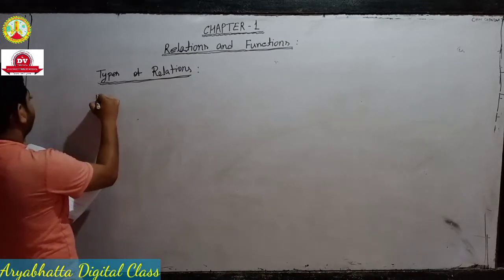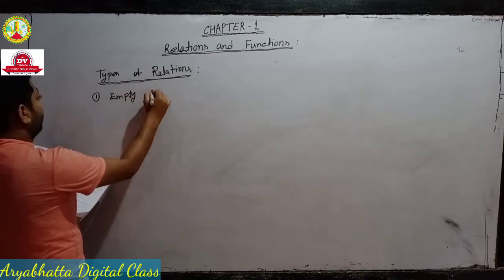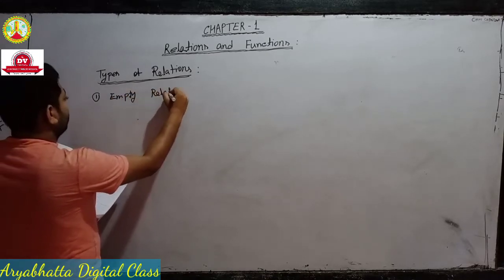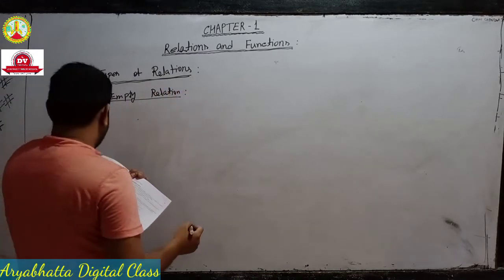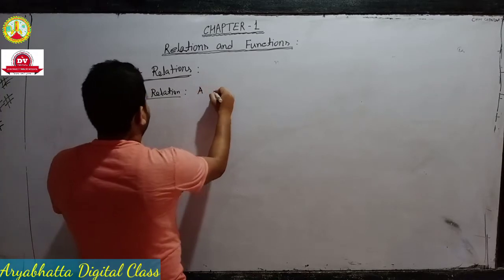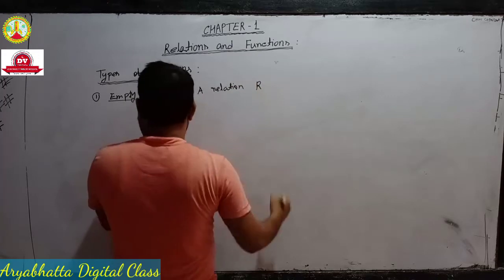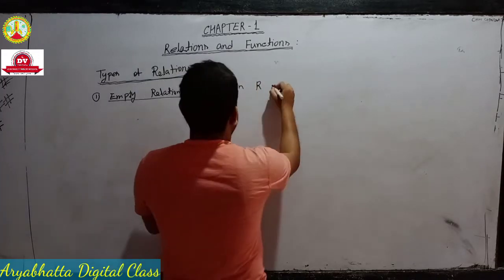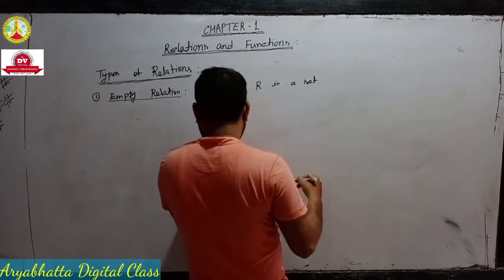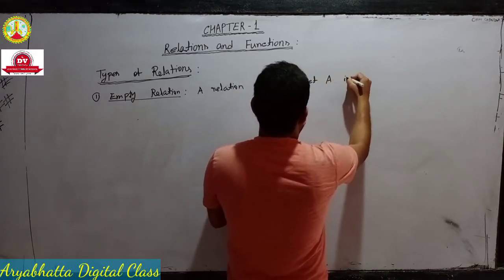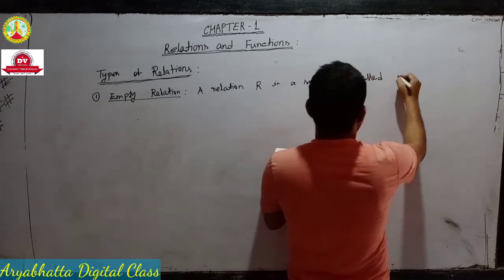Number 1, empty relation. Empty relation. A relation in a set A is called an empty relation